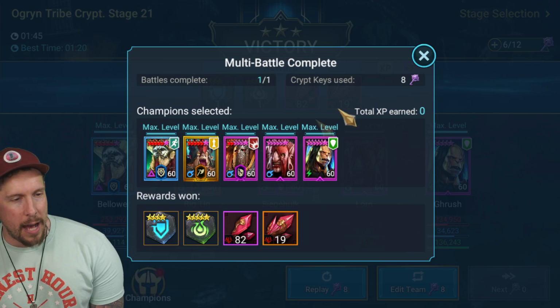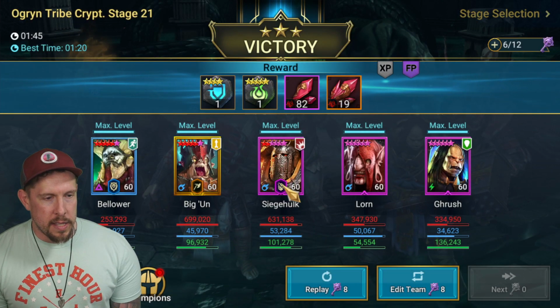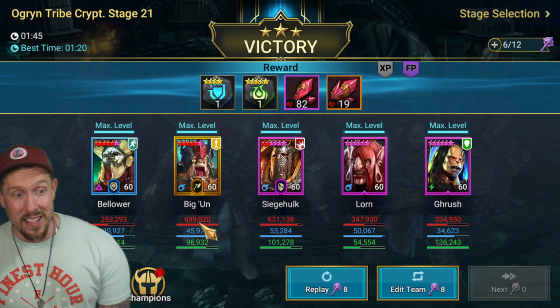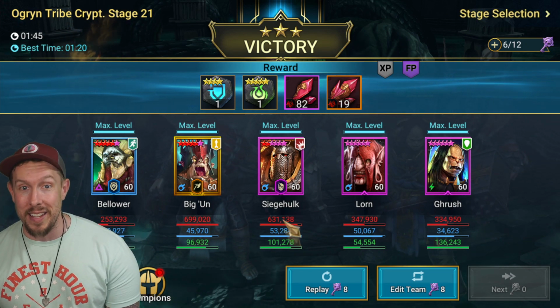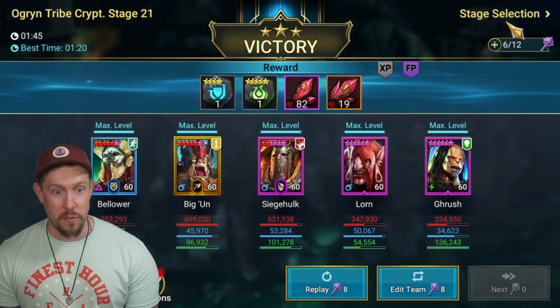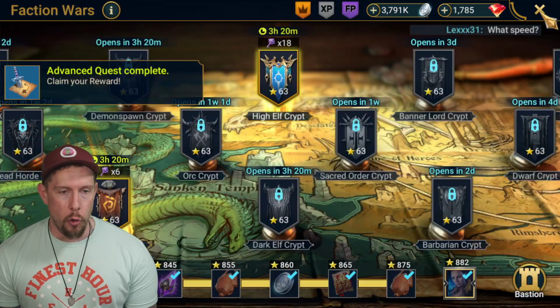I bet he's only going to be outdamaged by Biggin. Siegehulk, 631, Biggin, almost 700,000, dude. That's a lot of damage considering we're bringing the debuffs as well to the table here. Very, very impressive, right? All right, let's go to...